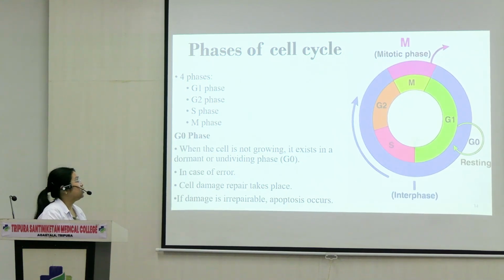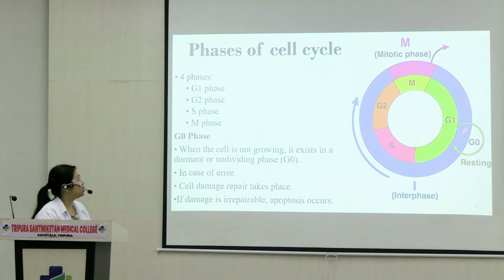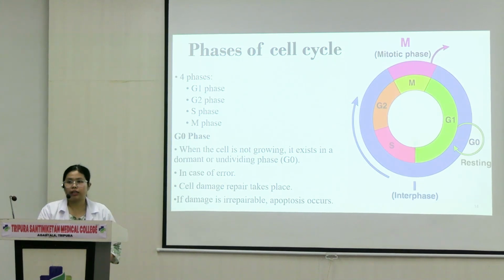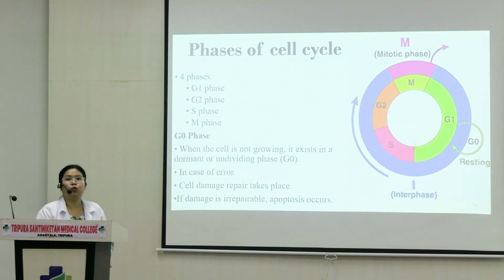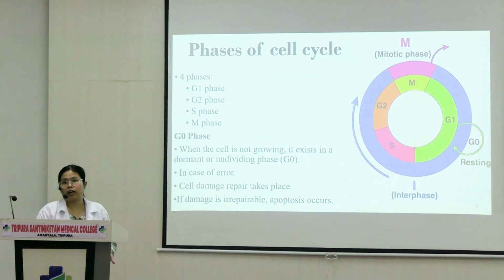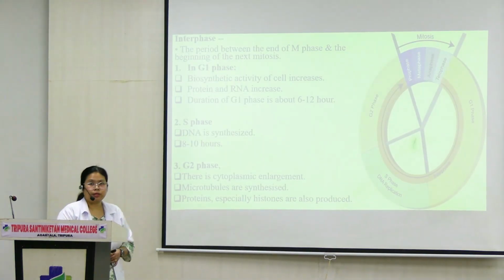Then you would see something like G0 phase over here. What happens in G0? Any cell that has to undergo repair. It's like a workshop. Those cells that are not good or are going to die go into the G0 phase and remain dormant there until they undergo apoptosis, or if they undergo repair, after they're okay, they enter into the G1 phase.